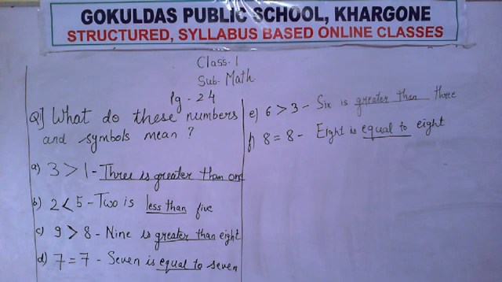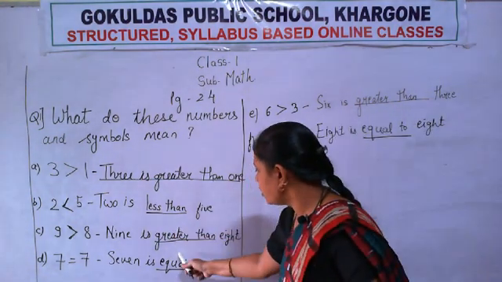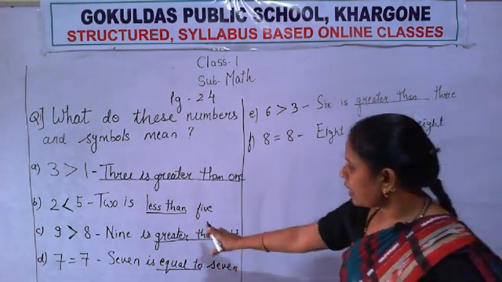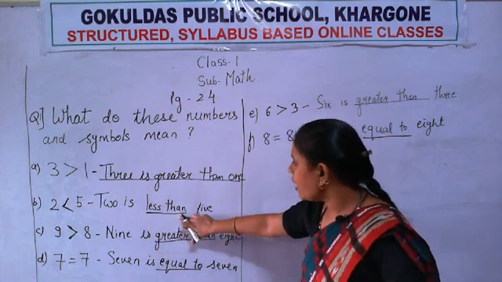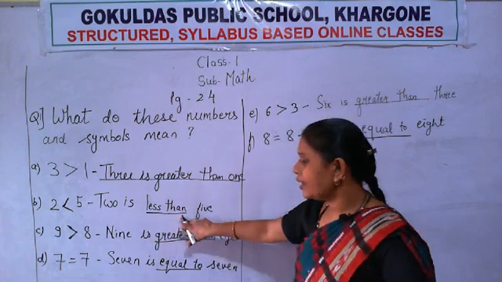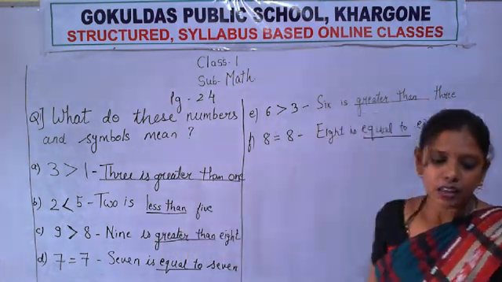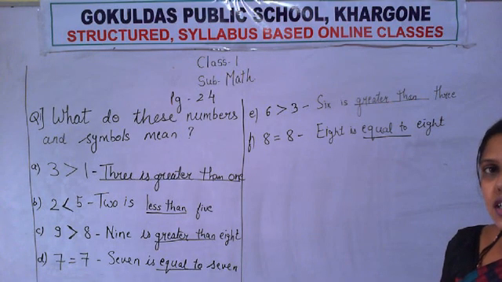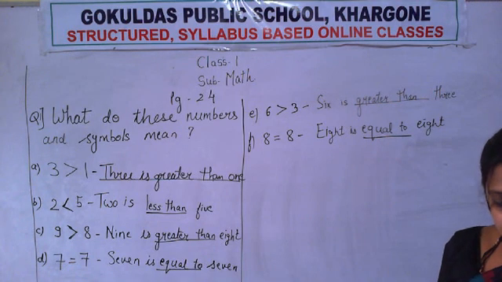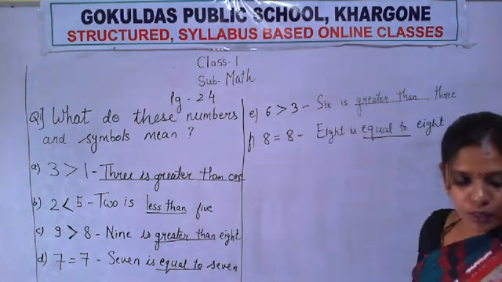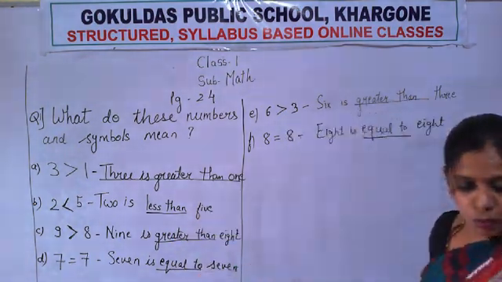Students, those who are writing slowly, you do one thing. You first write these answers in your book. Okay. The same question is given in your book also. So you write these answers. The answers that I have underlined, the blanks that are given in your book, fill those blanks with the answers. And you write this question afterwards in your notebook. Those students who are writing slowly, I request parents to write only the answers that I have written on the board. You copy these answers in the book.